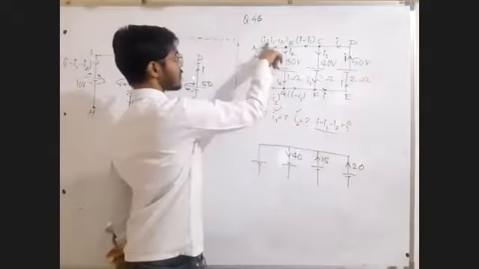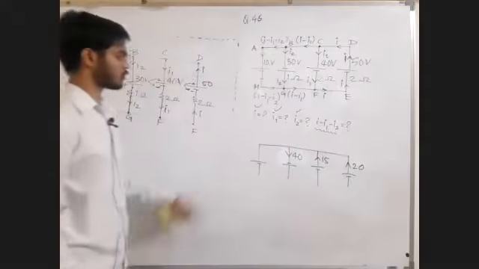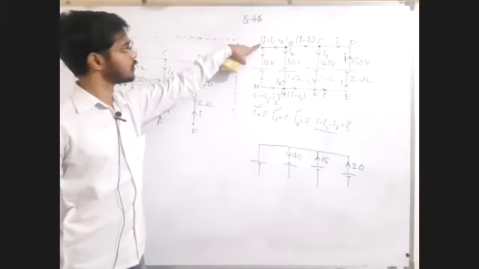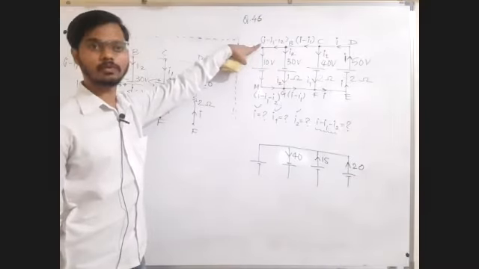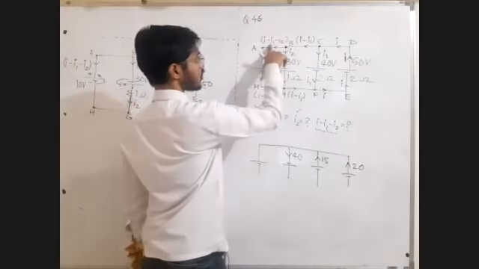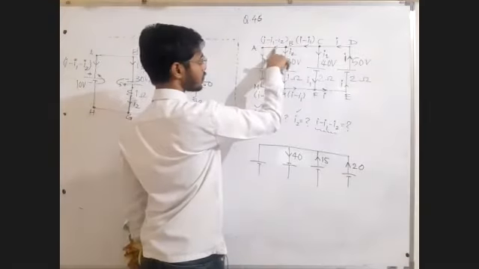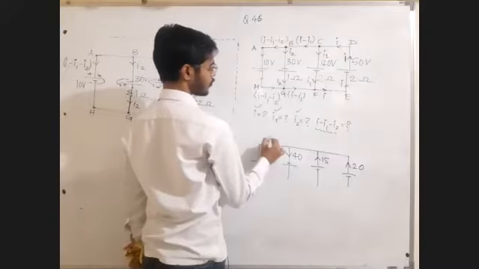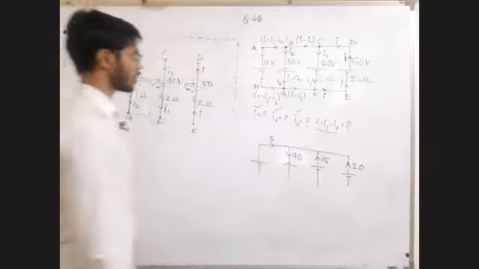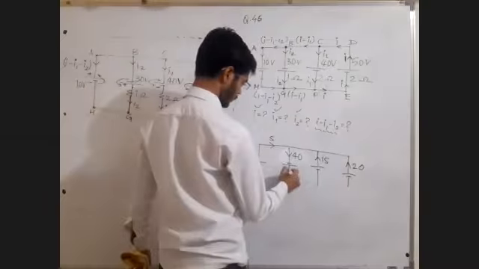This current I minus I1 minus I2, what was it? This value I minus I1 minus I2 was minus 5. So this value was minus 5, and we have to reverse the arrow to make the value plus 5. Now you will observe that this is going to be true.